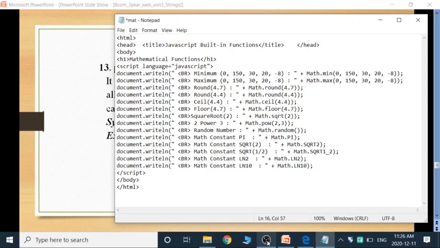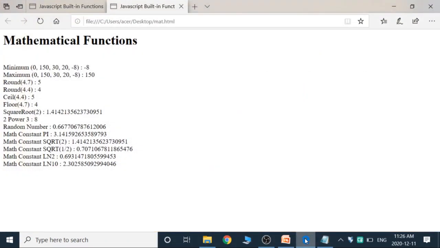Square root. All this. Let's see the output for this. This is the output of this program. Minimum value, maximum value, round, ceil, floor, random. This is about mathematical functions.